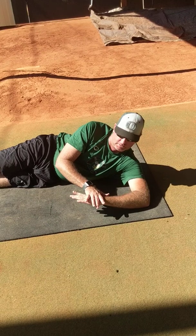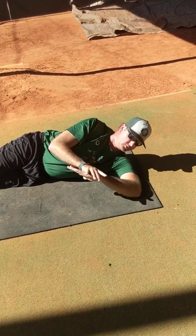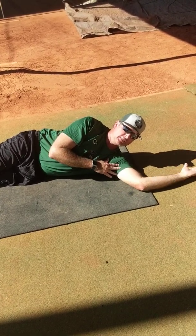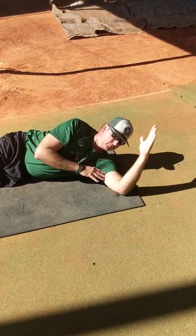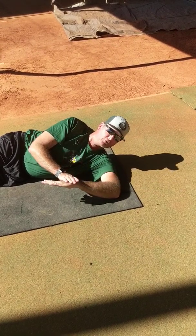A lot of guys do this and they raise up, which is not getting a good stretch. So we're staying here, we're rotating down, holding for 10, and then we're gonna relax. And we're gonna do that again. Hold for 10, and relax. As you can tell, as I go, I can get a little further and further closer to the